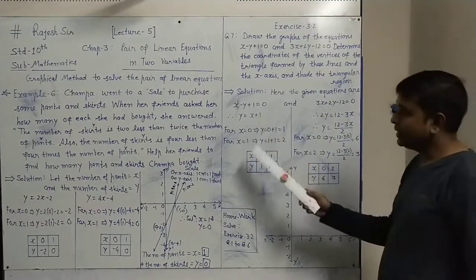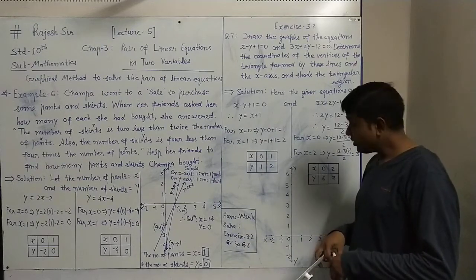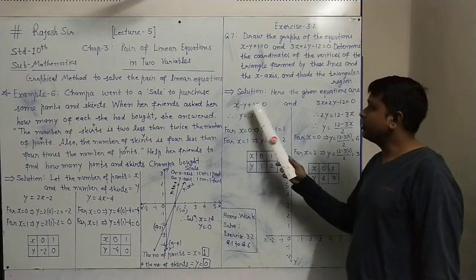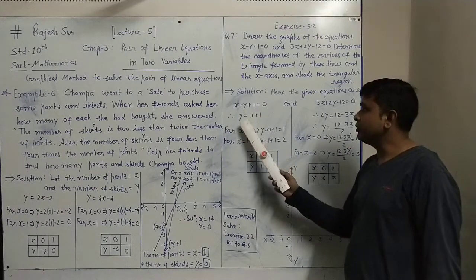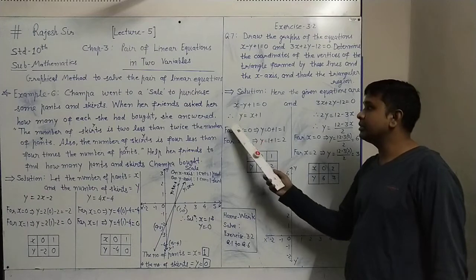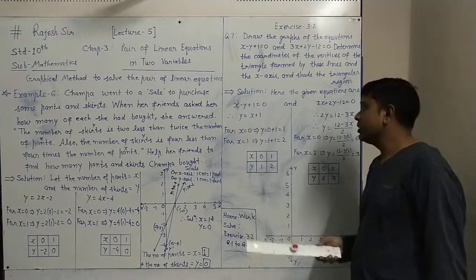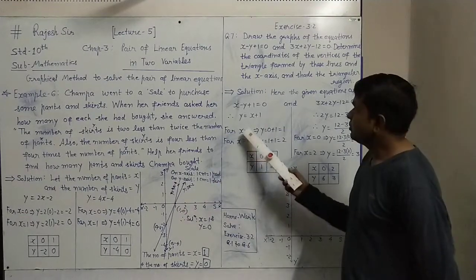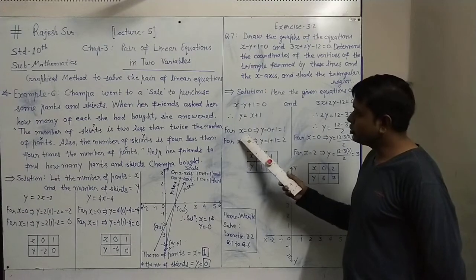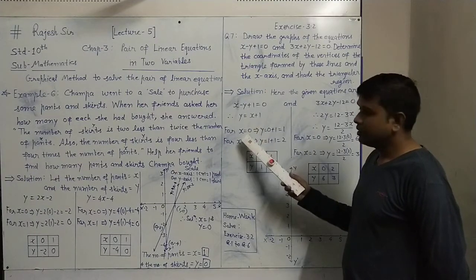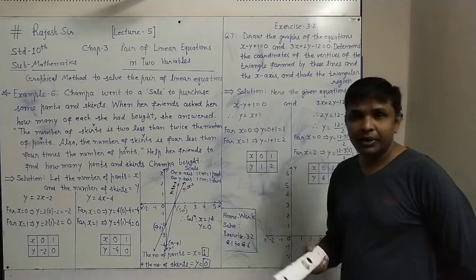From this side, if you think, it is minus y; if I take it to the right side it will be plus y. So on the left side only x and plus 1 will remain. So y equals x plus 1 we can make. We have represented y in terms of x this way. Now as usual, for two different values of x we will find the corresponding values of y. You can take any value of x, such as 0, 1, 2, 3, 4, 5.